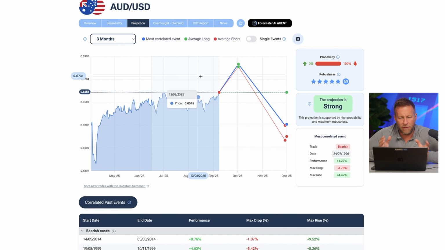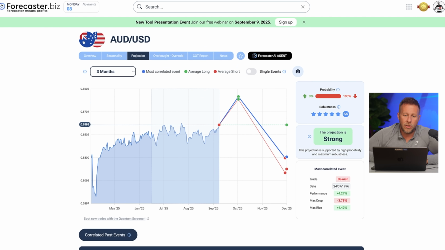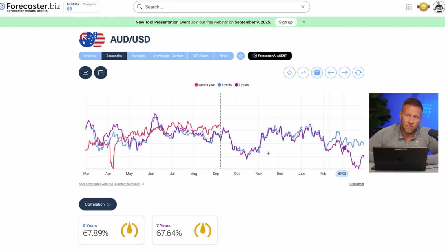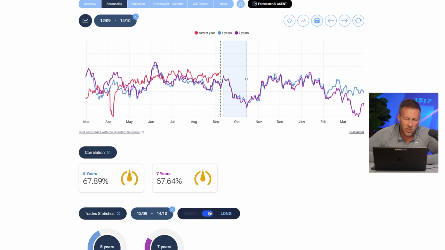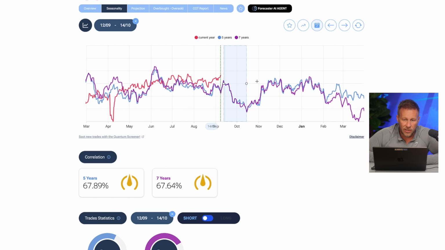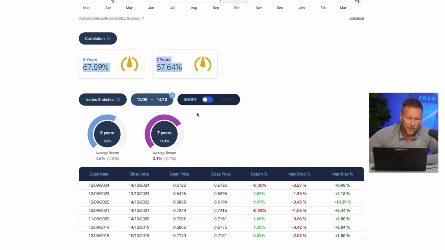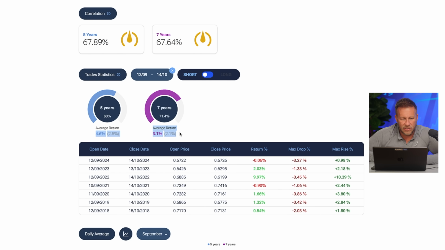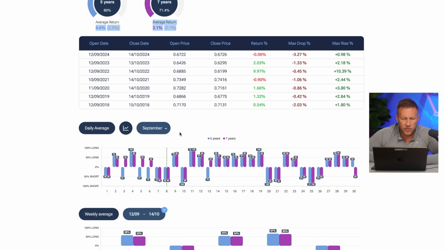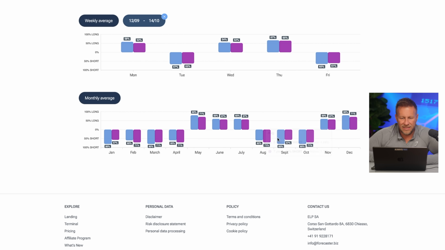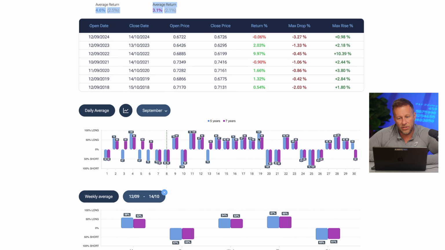Okay, so how can we get even more confidence on this? Well, you could go to the seasonality, right? So you can go to the seasonality and you can see that we had this push up and then a big bearish move down. Okay, so if you was to draw this out on the seasonality here, imagine if you was looking around this zone here, right? And you're looking to short this, here we go. 70% correlation, right? We're looking for shorts, good returns there. You can see that it's predominantly short, right? All the way through August, September, October. These are the short months.